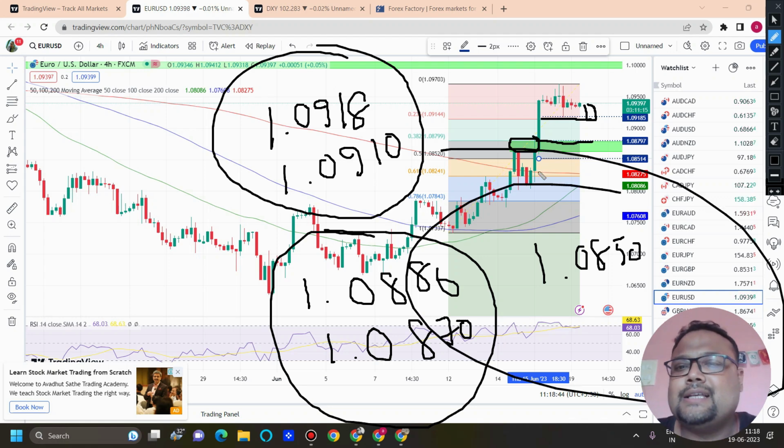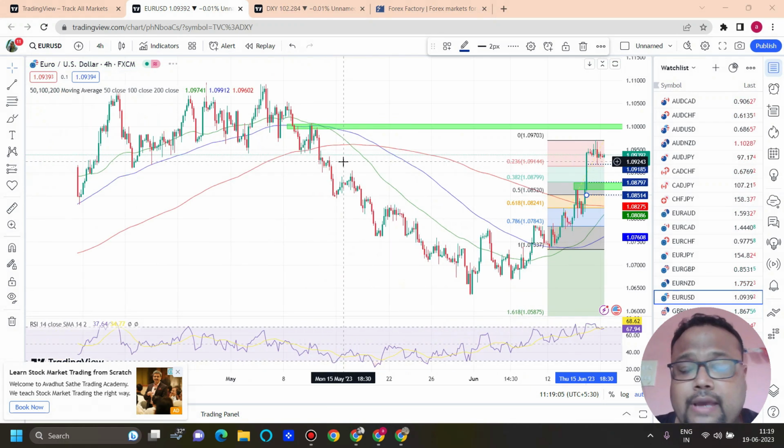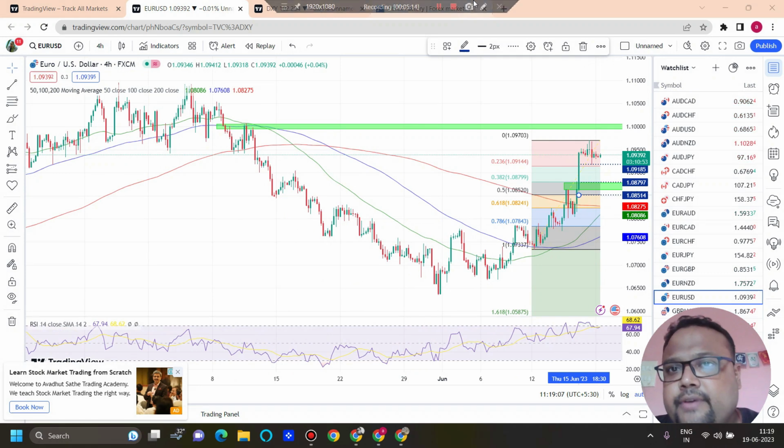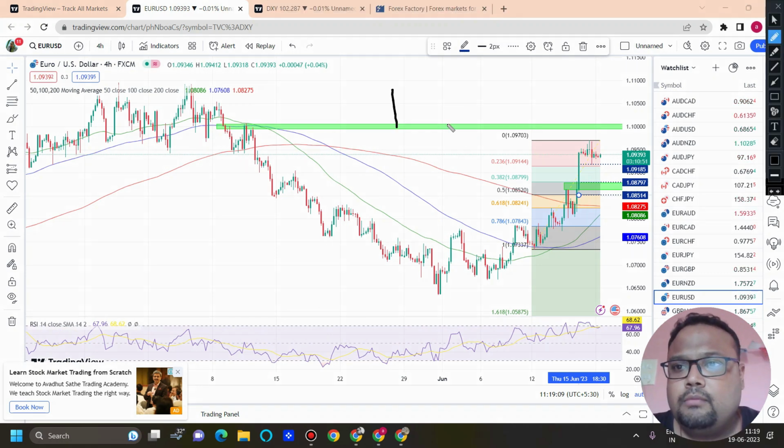This is the last support, but I don't think the market will be heading towards 1.0850 in this situation, because the market is not very volatile right now. There is not much volume, and overall the trend of the market is still very much towards the upside. So I am not expecting a deeper correction, a deeper retracement right now. Okay. And as we have already discussed in our previous video,